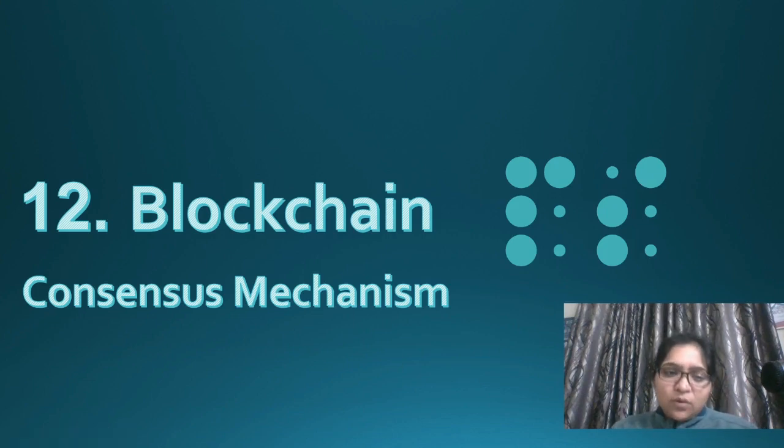We are trying to learn blockchain and today's topic is consensus mechanism. This consensus mechanism is the backbone of blockchain, right? Why are we calling it a blockchain? Because without consensus there is nothing in blockchain. You can't add a single block into the blockchain. So let's see why consensus mechanism is important and how it works, correct?